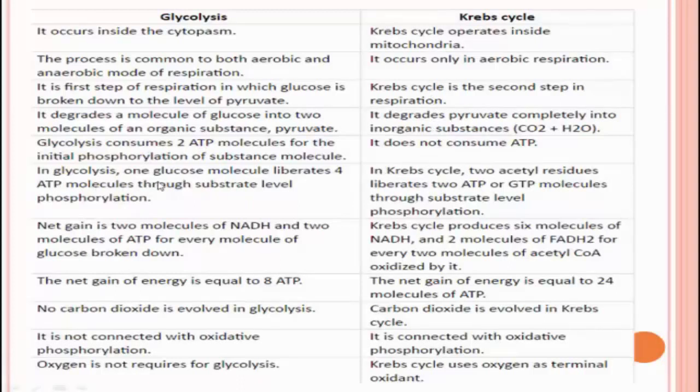In glycolysis, one glucose molecule liberates four ATP molecules through substrate level phosphorylation, while in the Krebs cycle, we only have two acetyl residues that liberate two ATP or GTP molecules through substrate level phosphorylation. Also, in glycolysis, we have two molecules of NAD